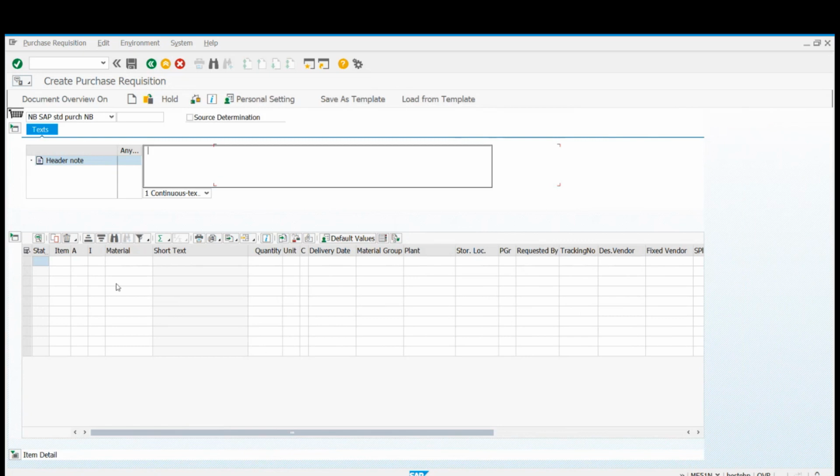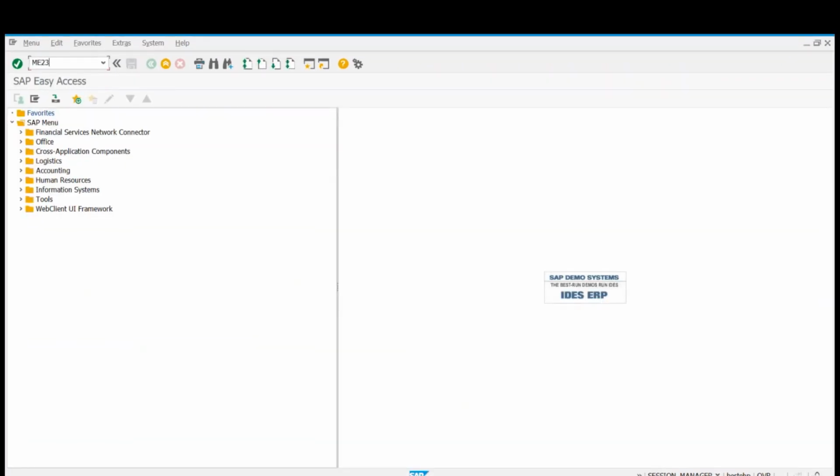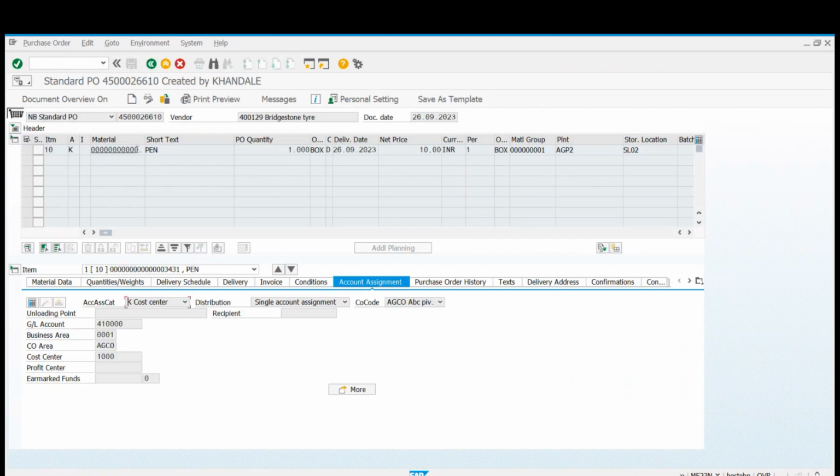ठीक है. Now to create a purchase requisition, here also you can see in item overview, account assignment category is there. If you want to create a purchase requisition for consumable item, material. So purchase requisitions you can create both for consumables as well as stock material, same like purchase order. Okay. Now I'll create a purchase requisition.